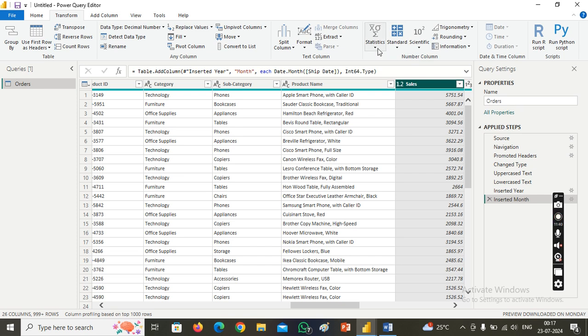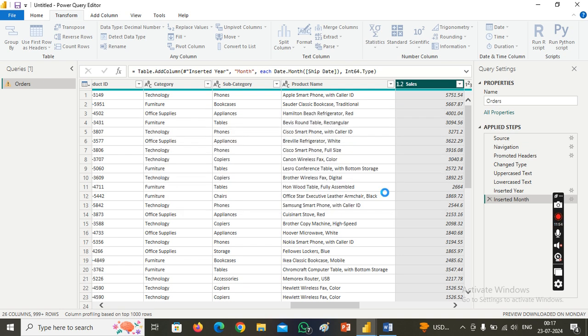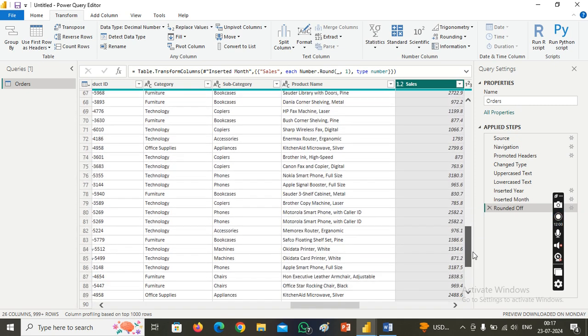Under number column, we have a rounding option. Select it. This time I wanna see only one decimal value. Select it. See guys, here we can see only one decimal